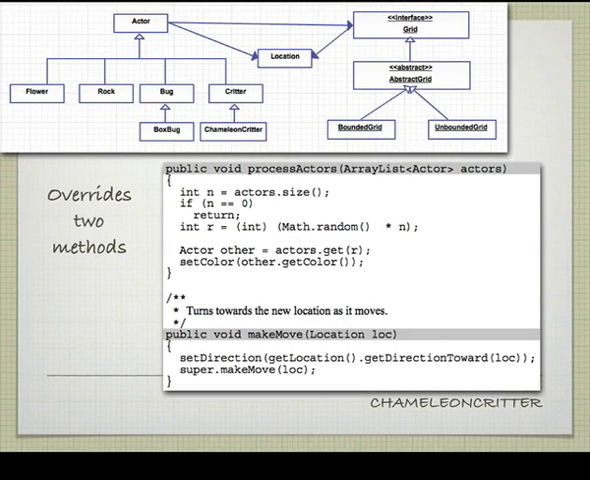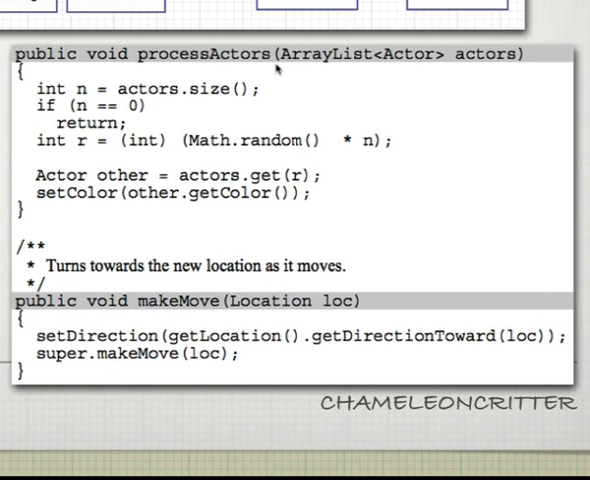Here, the ChameleonCritter, we saw that changes two things. The chameleon, actually, we didn't see the ChameleonCritter. ChameleonCritter, I should just mention, works just like a critter, except that it changes its color. So it doesn't actually have to do much. It just has to inherit everything and then just alter the processActors, because it needs to select one of them randomly to set its color. And then the makeMove